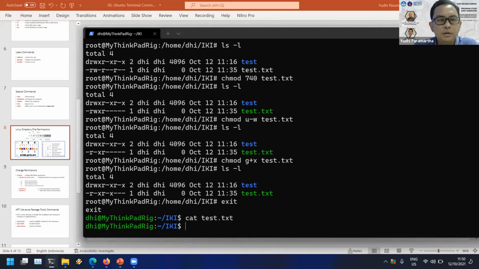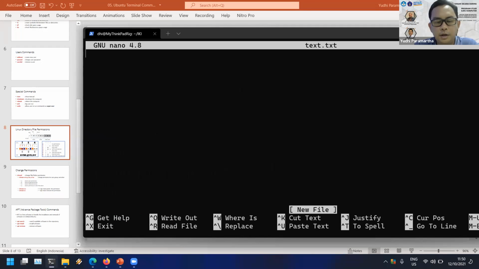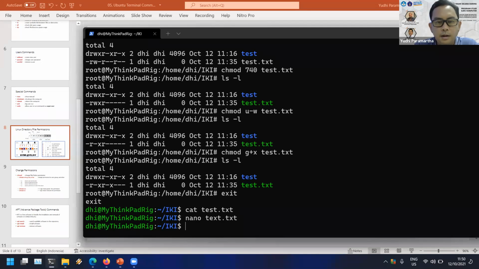And then I want to write the file using nano test.txt.